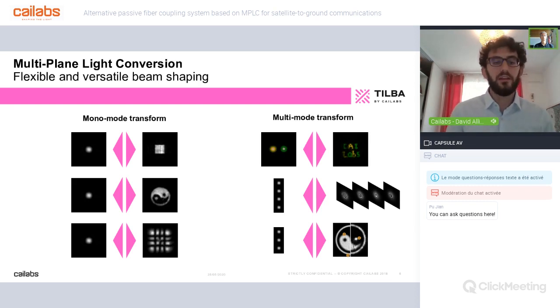On the bottom left, we have a Hermite-Gaussian mode. It's one of the modes that you have in the multimode fiber. In the middle on the right, we have orbital angular momentum that are interesting, for example, for quantum distribution. That is also a topic of interest at the moment in laser communication. And the other shapes just show that it's relatively versatile.